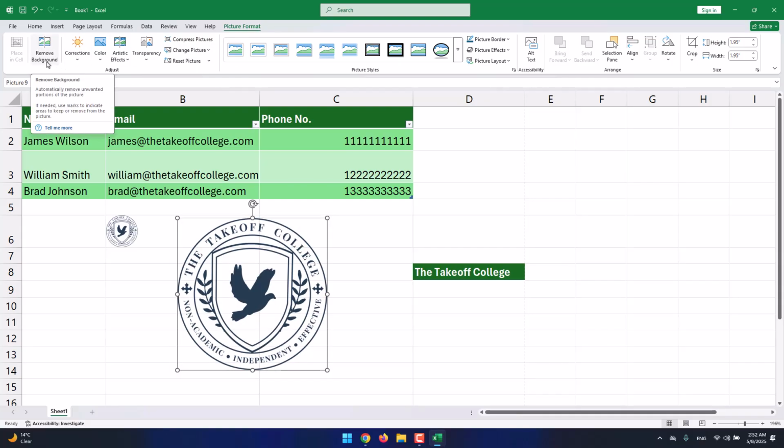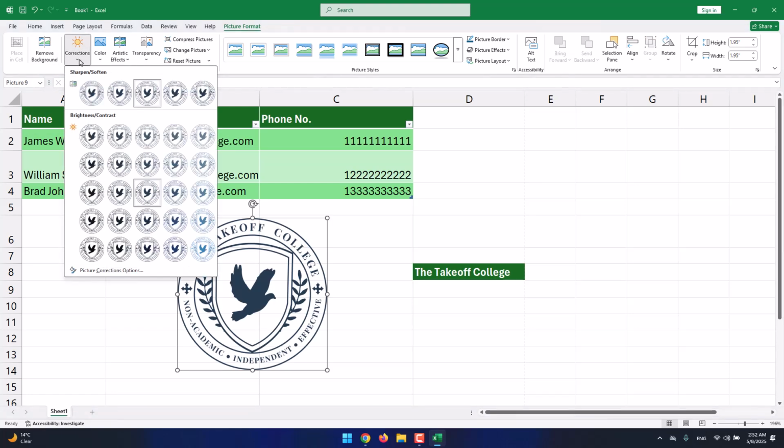We have remove background, so we can remove the background of the image that we've imported and make it transparent. For this case, it's not usable because the logo that I've imported is already a transparent logo in the PNG format, as you see, but this is usable over here. We also have corrections, as you see, for brightness, contrast, and those kinds of settings, and I can change them